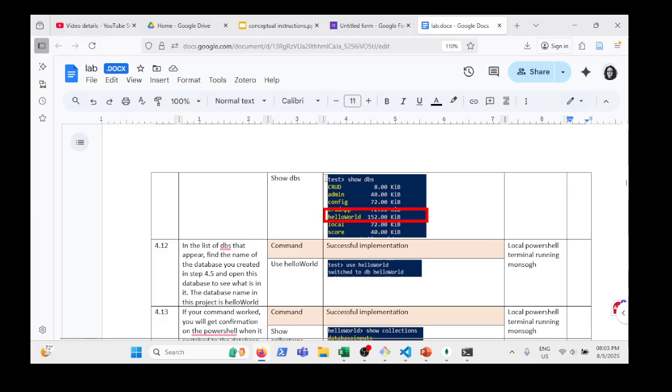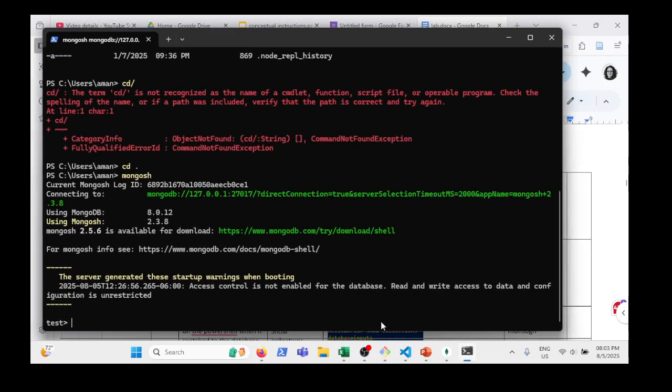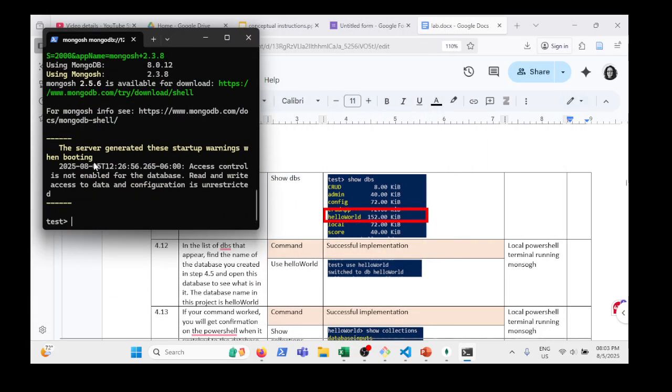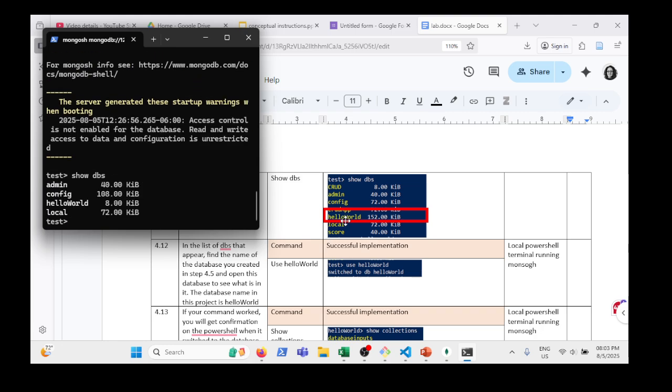Now, if you remember, the database we are using the PowerShell terminal for. So in order to go here, we've technically already got this open. We want to put the command show dbs. There we go. And you can see that hello world is indeed created here. Now, we want to look into hello world and see if our